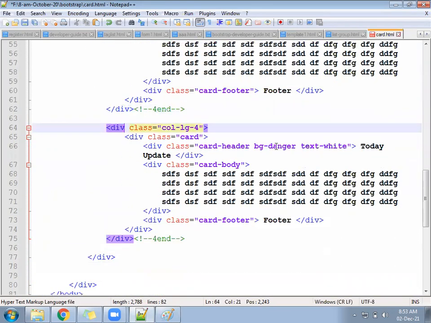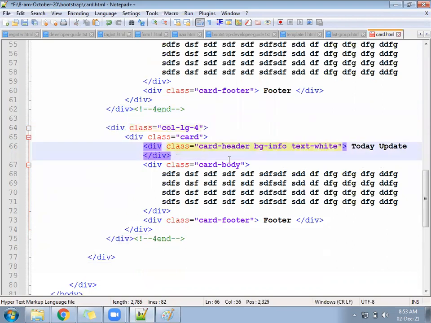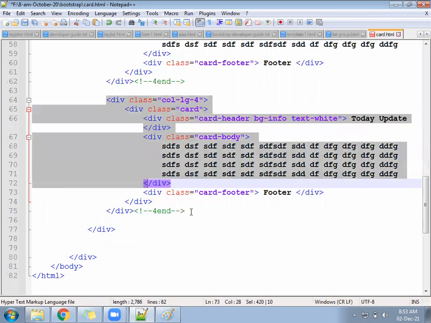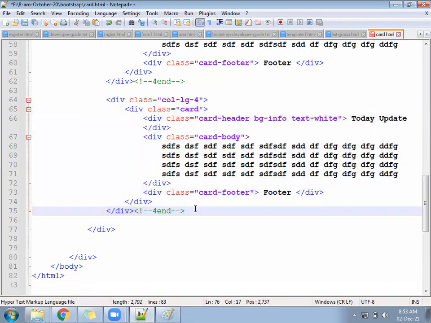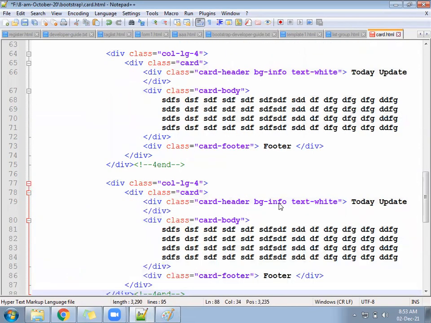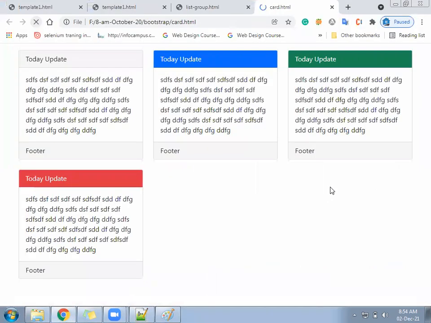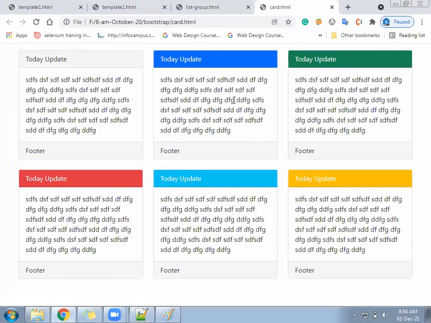Next after that, bg-info. Again, one more col-lg-4, bg-secondary. Col-lg-4 we can copy and paste and we can change the class name. Bg-warning also we can add. Text let it be white everywhere, 3-4 times. So it will look like, okay, all these types of designs and color combinations we have, we can use that.